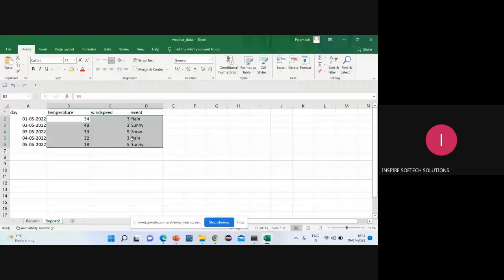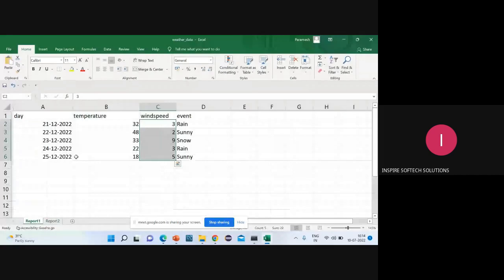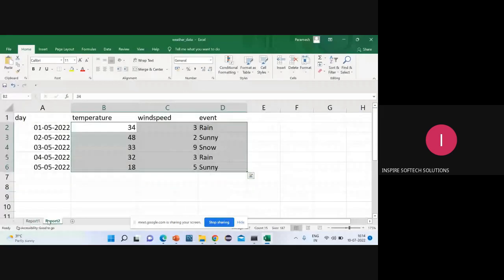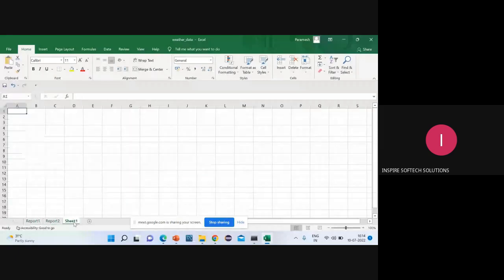Okay, now how to load this? First of all, I'll tell you how to load the Excel sheet in the Jupyter notebook. After loading, I'll show how to load only report one and report two. If you have more sheets, sheet two, sheet three, sheet four, it keeps going, and you have to load them one by one. So with the help of CSV, can I do it? With CSV we cannot do much, but with Excel we can do it. So I'll tell you about that also.